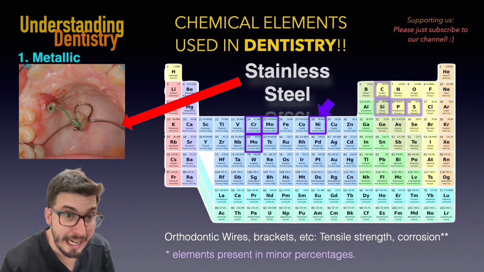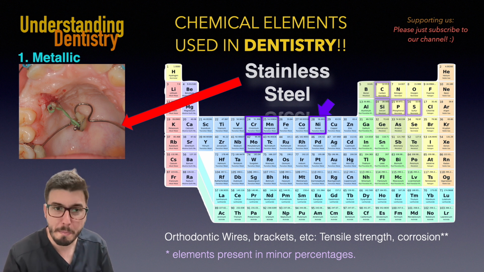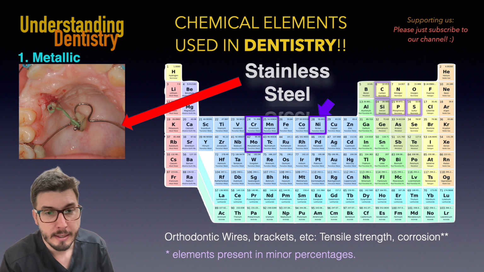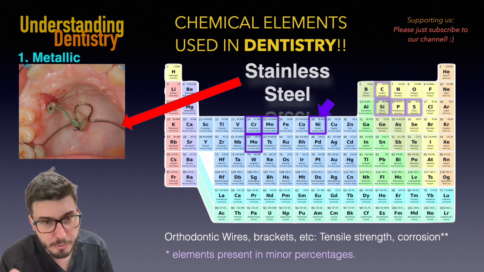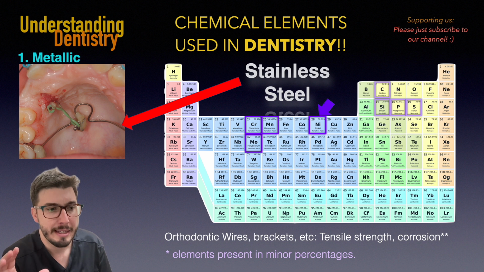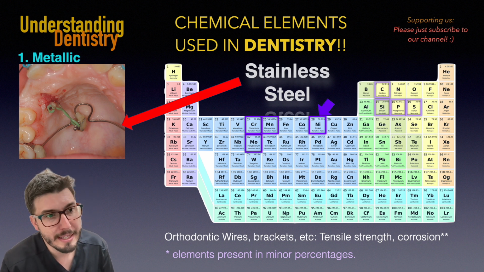There are also elements in the stainless steel which are non-metal. So metals, we have manganese, nickel, chromium, and molybdenum, with nickel and chromium being in nice proportions there. And then we have carbon, silicon, phosphorus, and even sulfur in very minor proportions in the composition of stainless steel, all right? Look how interesting.